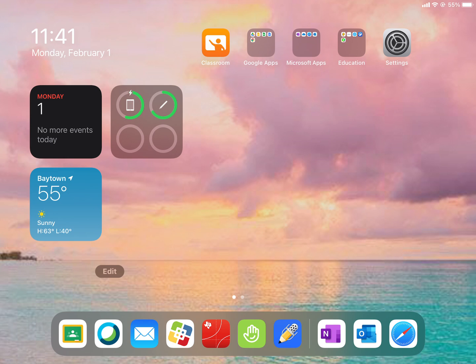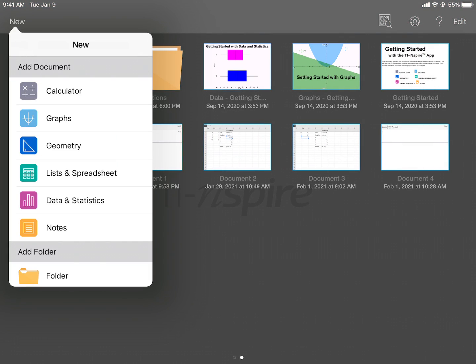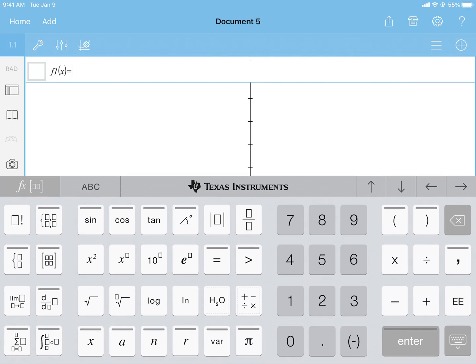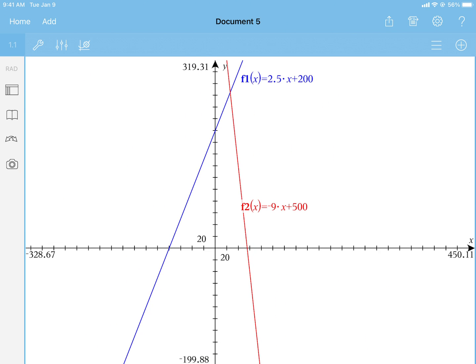So again, we go to our calculator and we're going to discard my changes. We want to go to the graph part. And again, we're going to type in the first equation. So the f of x means y. So we had 2.5x plus 200, and then I hit the down arrow for the second one, and that would be -9x plus 500, and then I hit enter. I'd have to zoom out to see the graphs if I needed to, but I want to look at the table, so I'm going to hit Control T,